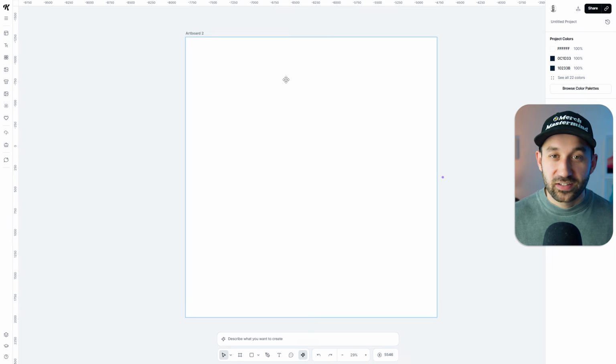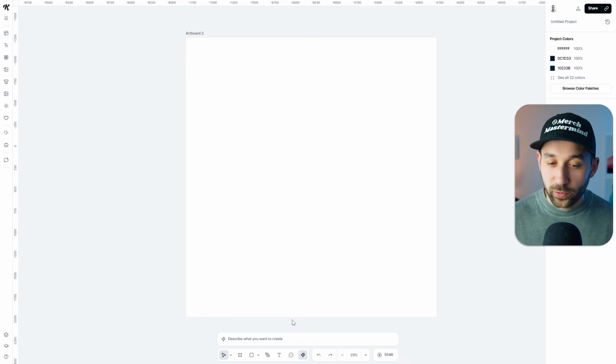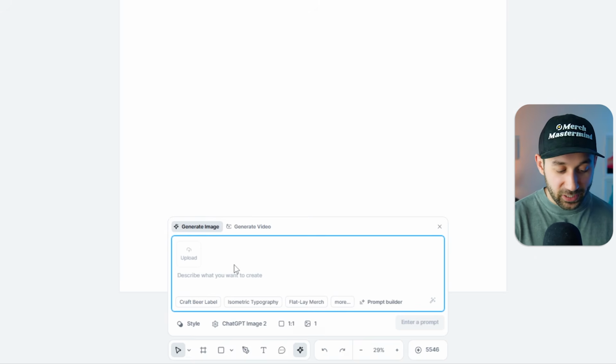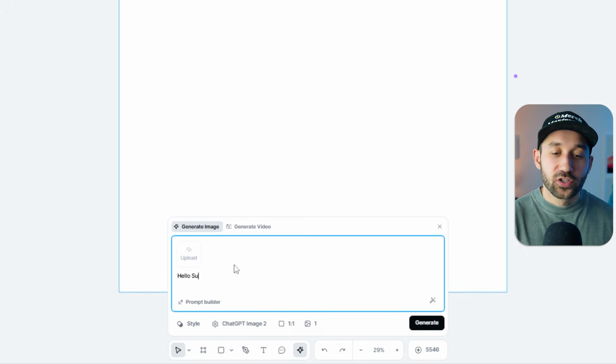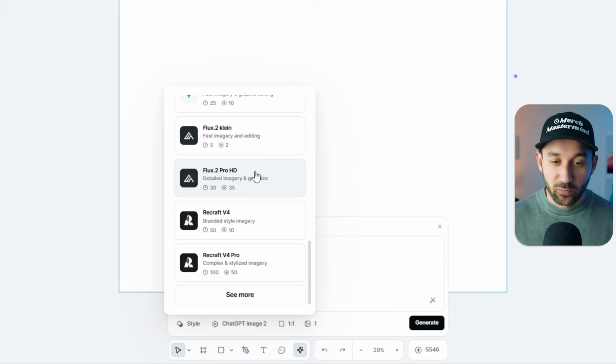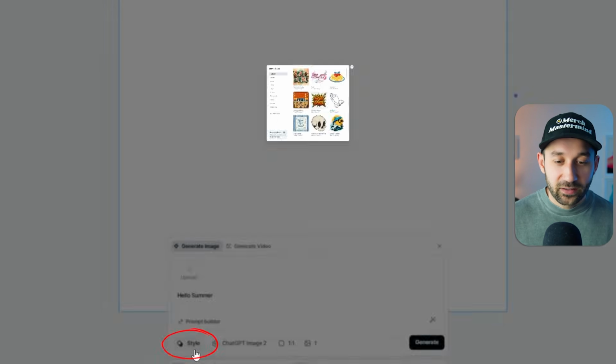So once you're inside of a Kittl project, it is super easy. Just come to the prompt bar at the bottom, and let's say we want to create a design that says hello summer. Instead of you having to write out the prompt yourself or trying to find a preset prompt somewhere else, and also instead of you having to figure out which model is going to be the best for the style that you want to create, you can just come to style,